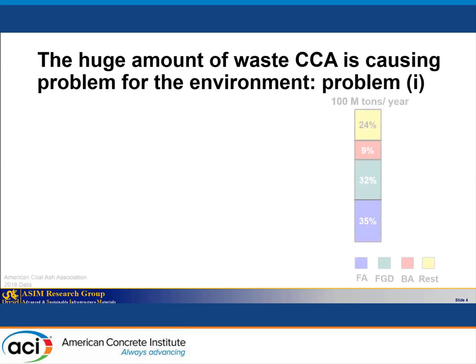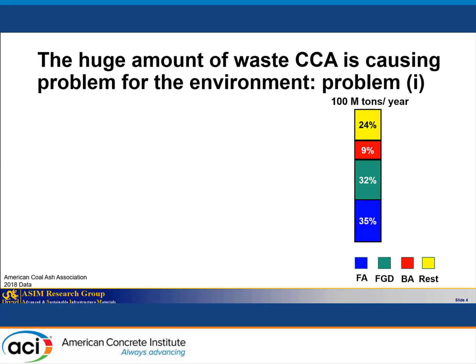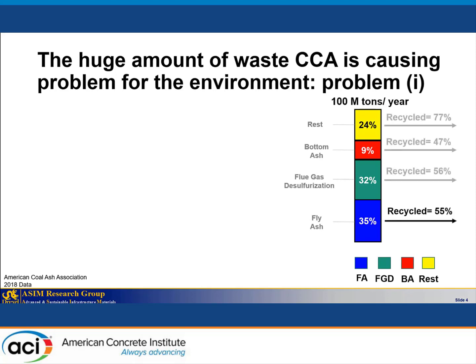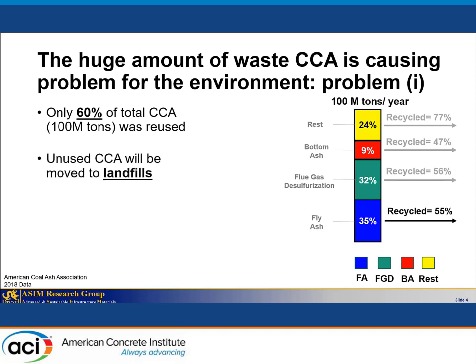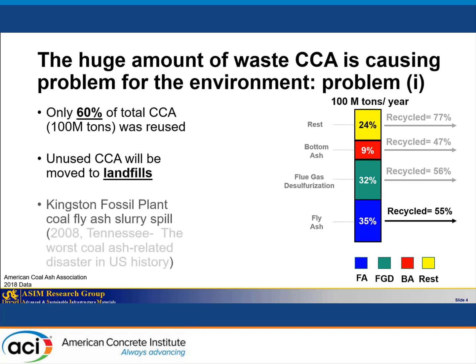So we know that every year about 100 million tons of coal combustion ash is produced, and you can see the breakdown of them over here. We have different recycling rates for each of them, but in general, about 60% of them are recycled and the rest is moved to the landfills. And some of them are causing problems to the environment. An example of that is the Kingston fossil plant spill that happened in 2008